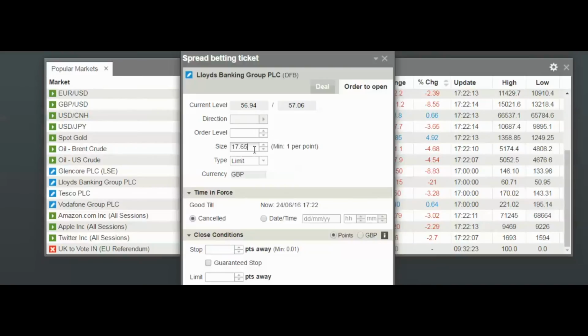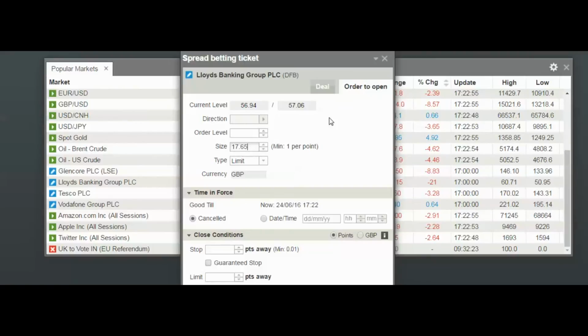You've traded £17.65 per point, on the premise that if the share price had fallen to 40 pence, you would be £300 down and you would be instructing IG to close the trade. But instead, the share price has continued to ride above that 40 pence, staying above it, and it goes up to £1. Well, instead of actually losing that £300, you have in effect made £758.95, and if you're a UK taxpayer, then that's